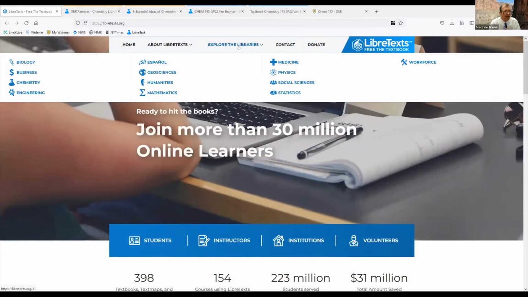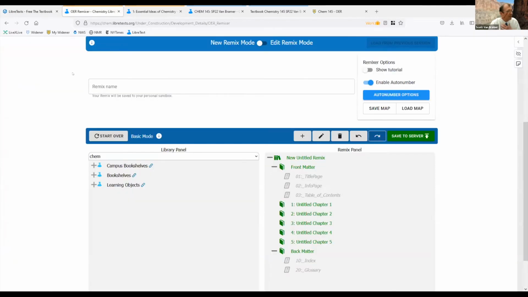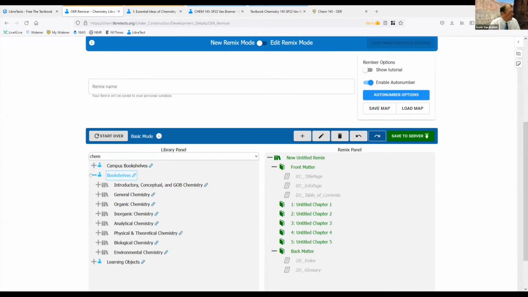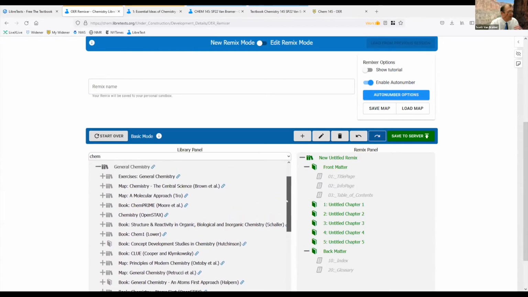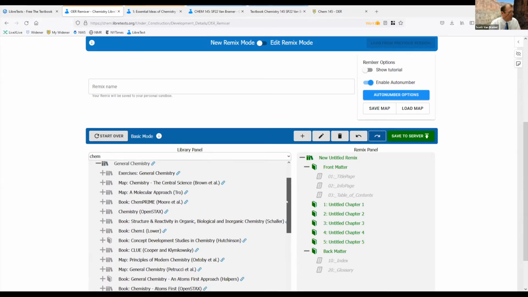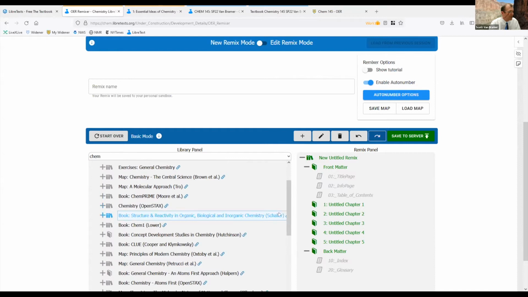And the idea of this LibreText is that this is a front end that lets you take full advantage of all of that. And so, like I said, this is most developed for chemistry, but as an instructor, I started off with this thing they call the remixer. And so I go here and essentially I can go into a bookshelf for general chemistry, which is the course I'm teaching. And this is Creative Commons licensing material that's available for teaching general chemistry. And so this is the OpenStax textbook, but it's also lots and lots of other resources.